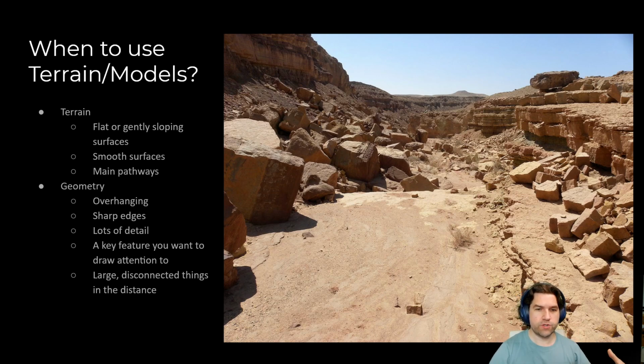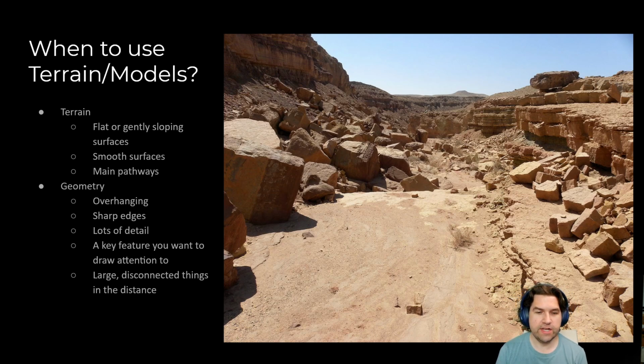So when do you use terrain and when do you use a traditional model? Well, for terrain, think about it as the structure underneath everything. So I've got all these rocks piled up, but under it, I can see that there's a slope of pretty even rough sediment. So this sloping from here down to here would be great for terrain. However, these rocks we would want as physical geometry. As we can see, this has got a big, heavy overhang. And as I'm going to explain next video on displacement, we can't really get these kind of overhangs when we're